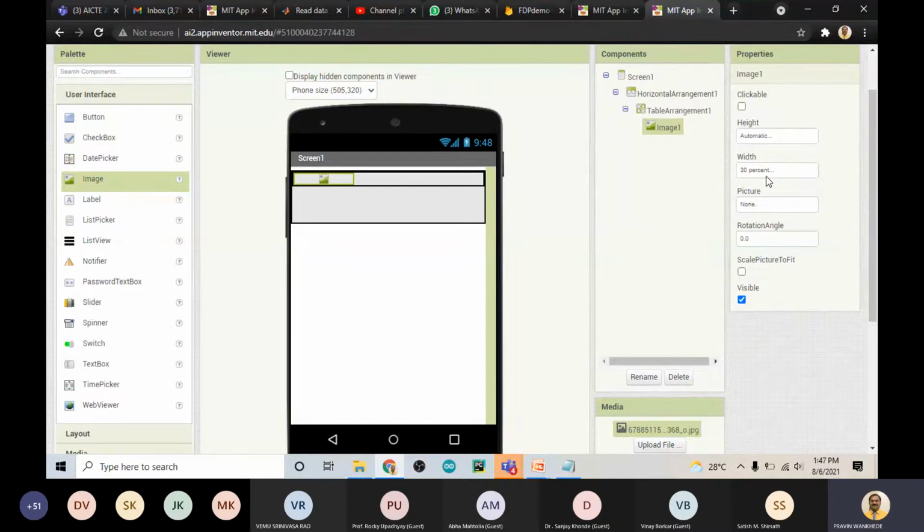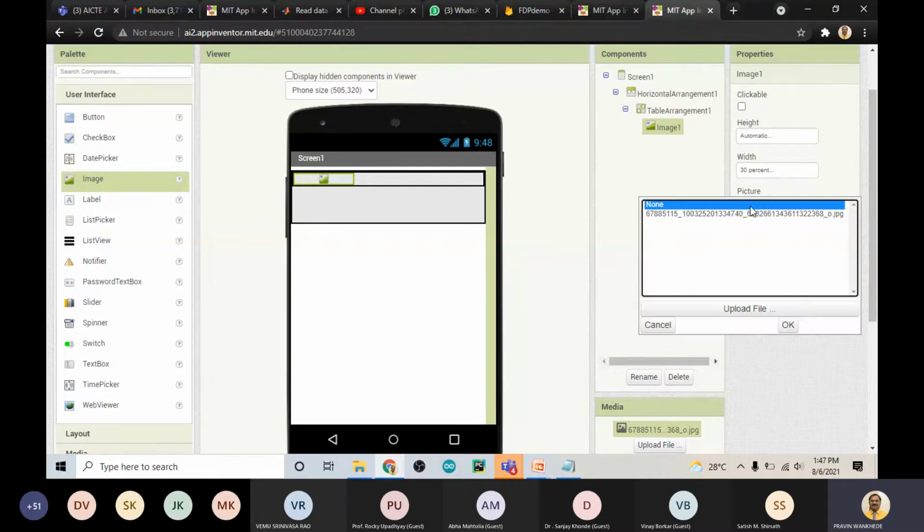Okay, now go to the picture here. This is a picture, and click on this where there is a written none. So click on it, and now under the none there is an image showing. Either you pick up the image which is available there, or you can upload the image from the upload tab. So here is the upload tab, or you can directly take the image which we have already uploaded. Either you directly take this image, or else I will go to the upload.